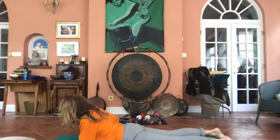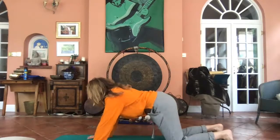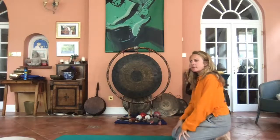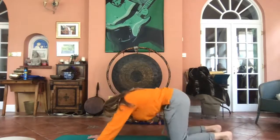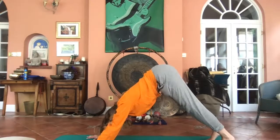So you can just bring your hands down underneath your shoulders, tuck your toes, and lift yourself back onto all fours. And from here, we will take just one downward facing dog today. So you can lift up through the hips, and you can walk your feet in a little bit, stretching down the sides of the body,